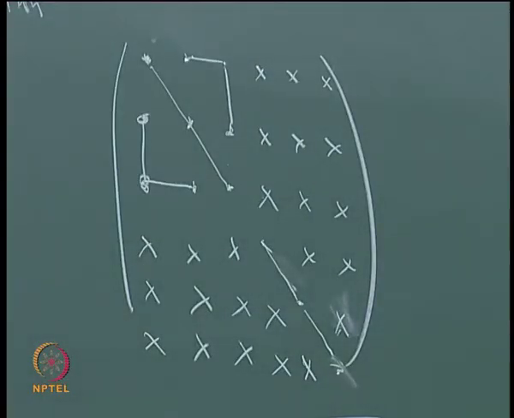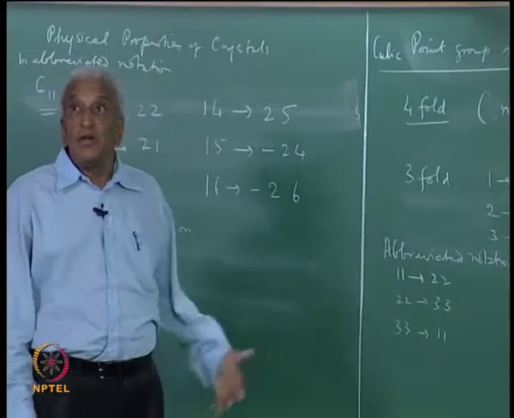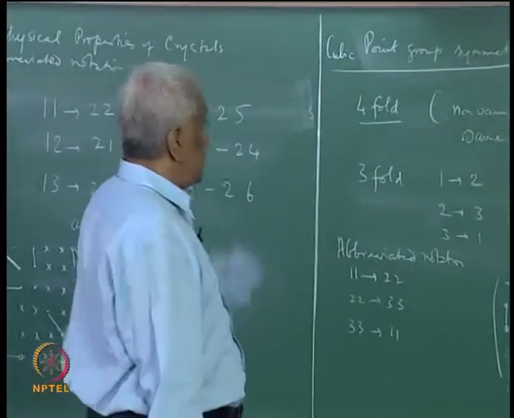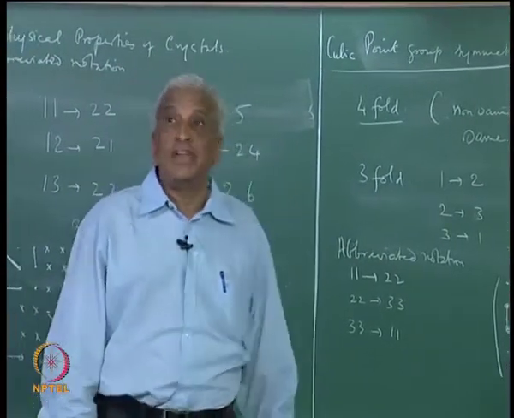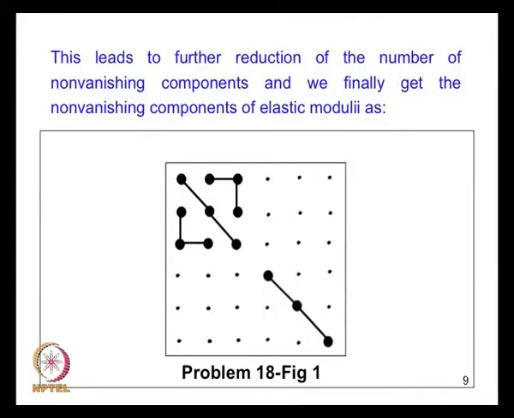So, this shows the power of symmetry, the influence of symmetry to reduce the number of independent elastic constants. So, in the same way one can work out the non-vanishing components for other physical properties, other tensor quantities of different